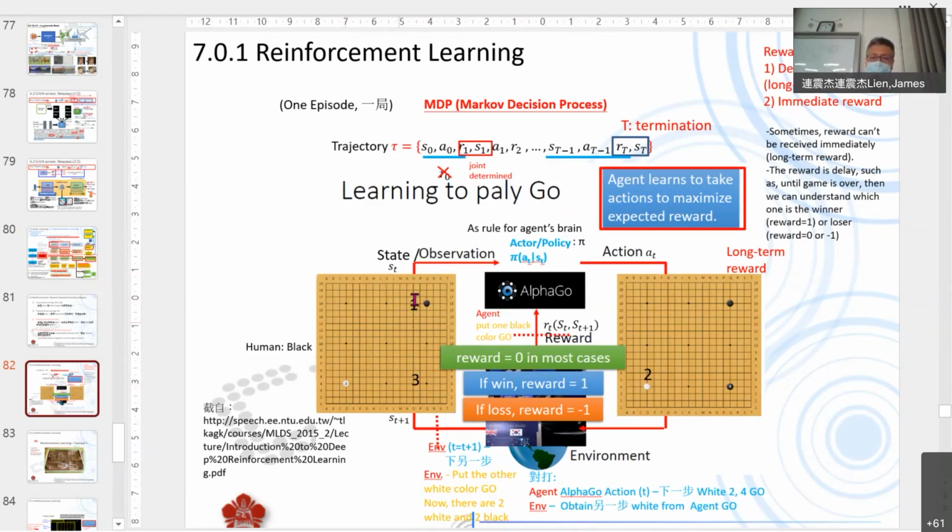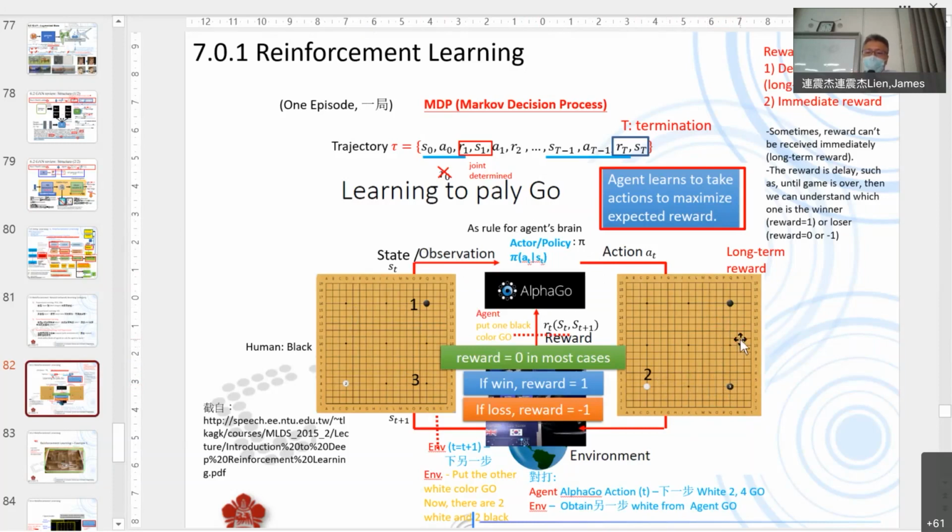You take this photo, input it to this network, and this network will output, because the next one is black, an action, a position. We put this black one here, because the action is the position in this image. So the input is the image, the output is the position of this black chess.